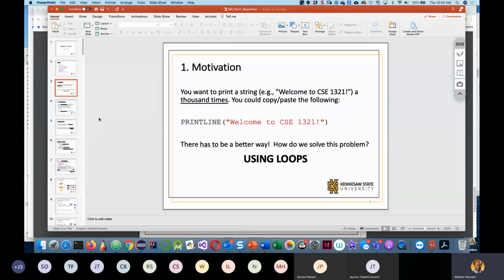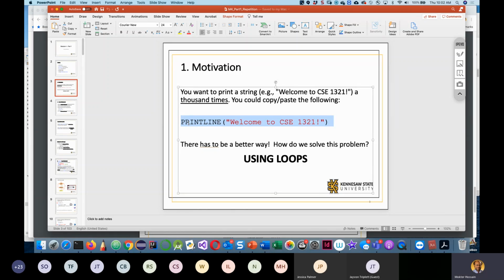Okay, so in our program, unless stated otherwise, all of the statements are executed one by one, starting from the main method. It goes from top to bottom. But sometimes we may need to execute some statements more than one time. There is a naive way: we can copy and paste the statement that needs to be executed multiple times. For instance, if we want to execute this statement 5 times, 10 times, 100 times,